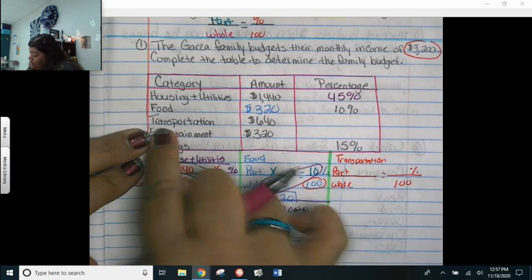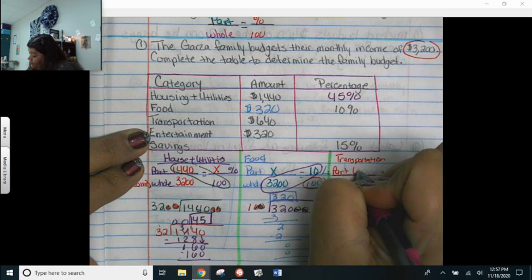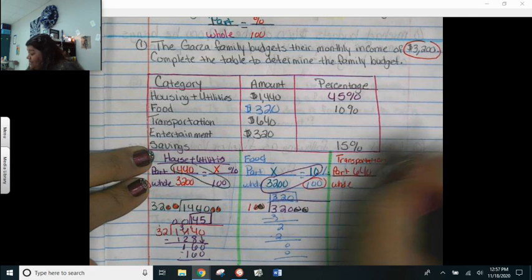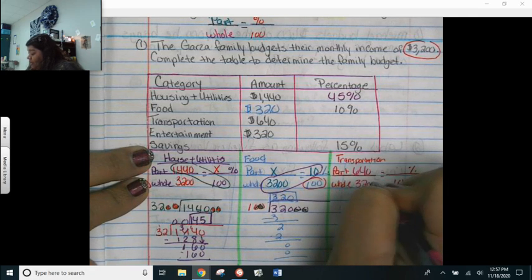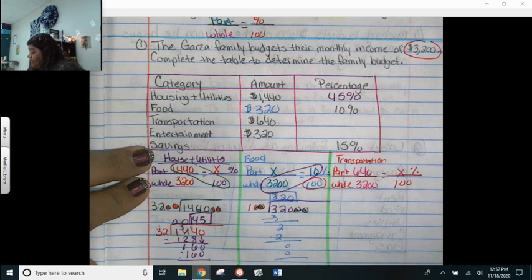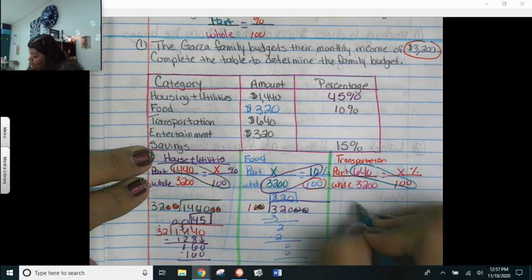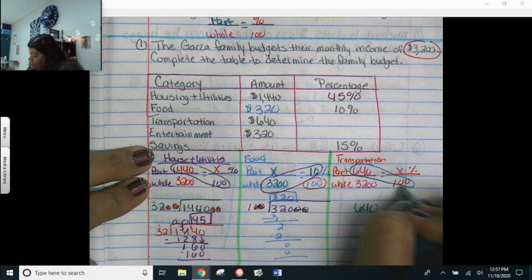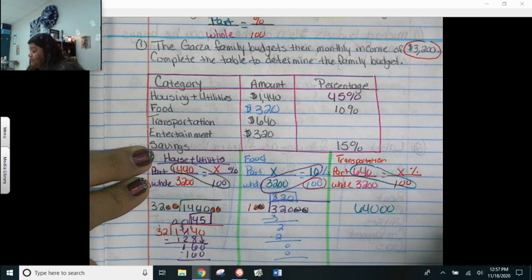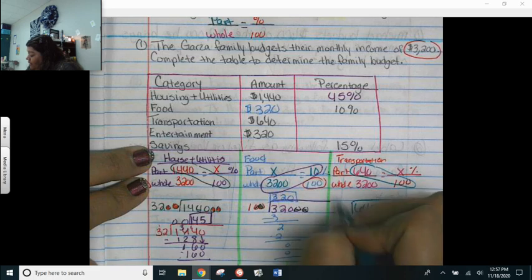Part of the transportation is 640. The whole amount is the same number. And we're looking for the percentage here. Okay, so now you can simplify. I'm going to just go ahead and multiply. So 640 with 2 extra zeros. That's how you do 640 times 100. That's a shortcut. And divided by